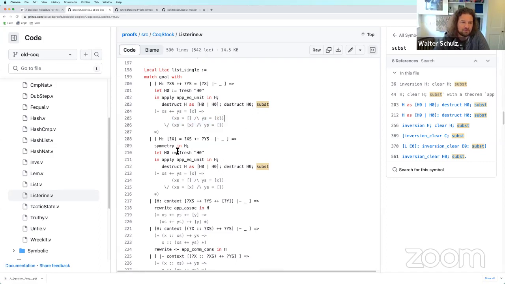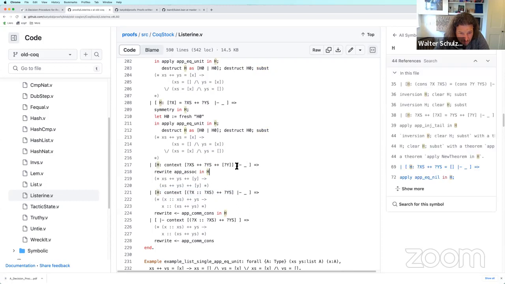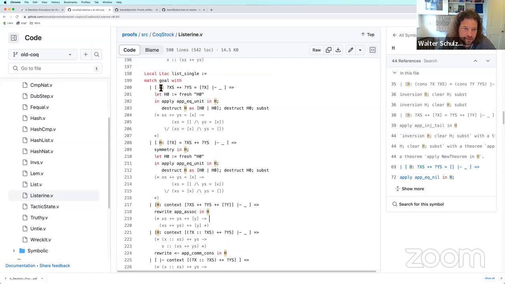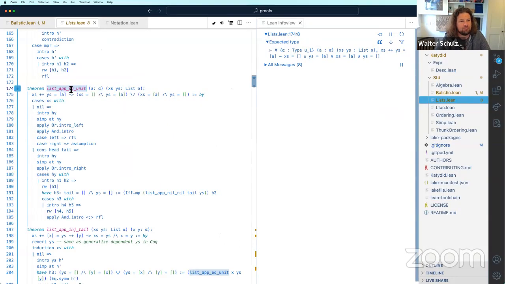Okay, so we're going to match the goal, the symmetric goal, if there's a hypothesis with this. Oh no, this is different. Okay, we're just matching if there's a hypothesis or the symmetric hypothesis. And we want this.